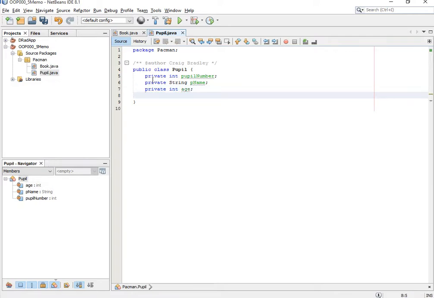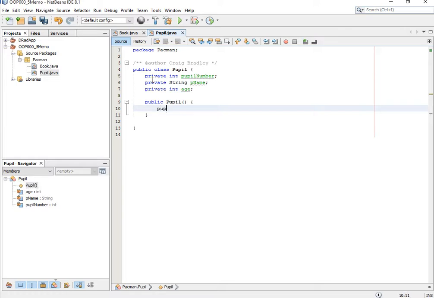Alright, constructors, alt insert constructors to generate our default. Our default we make sure is initialized with all our default values. Pupil number, the default of an integer is 0. The default of a string is blank, and a default of